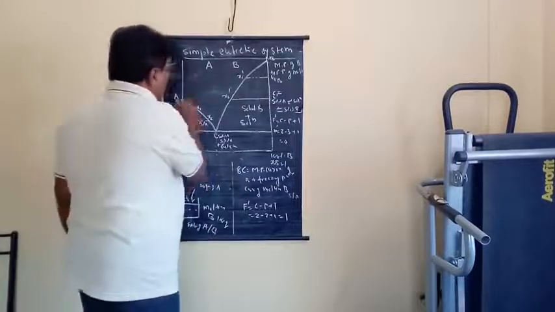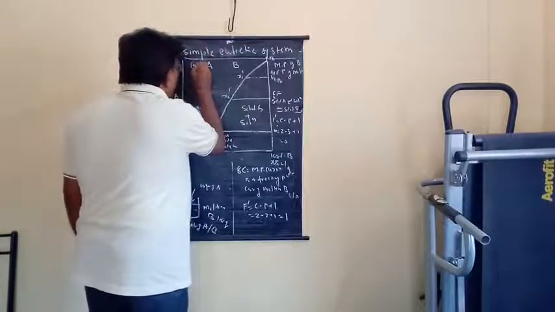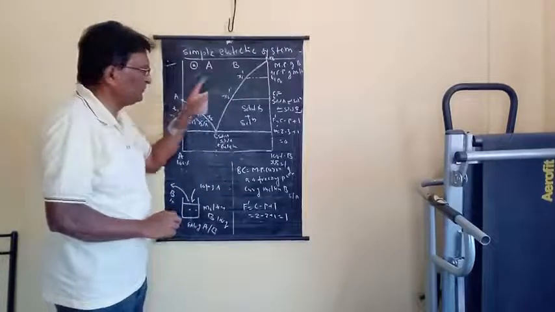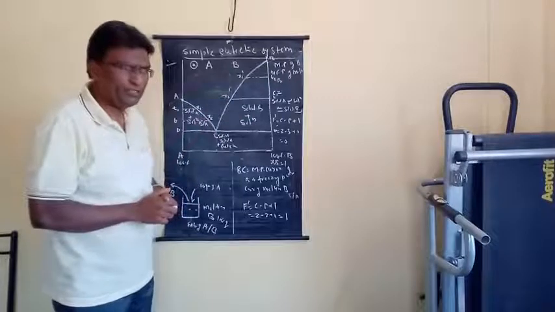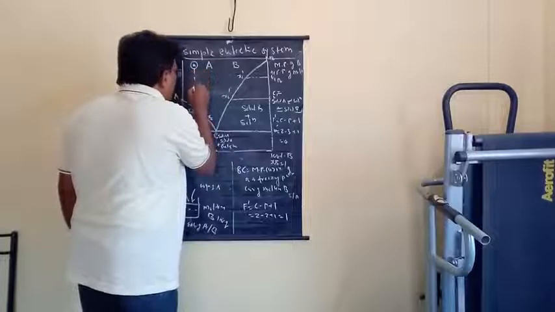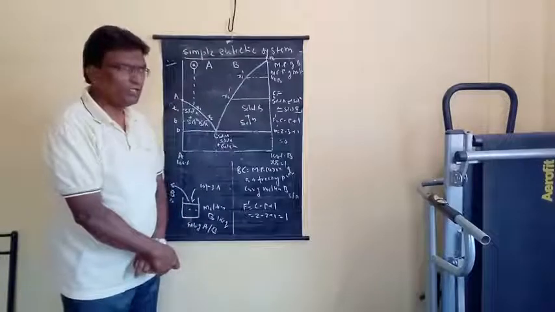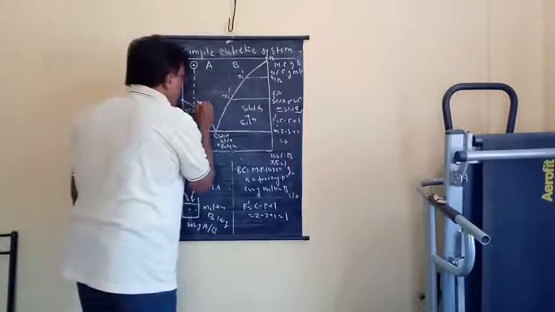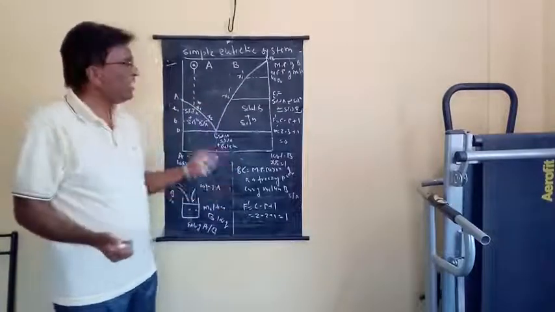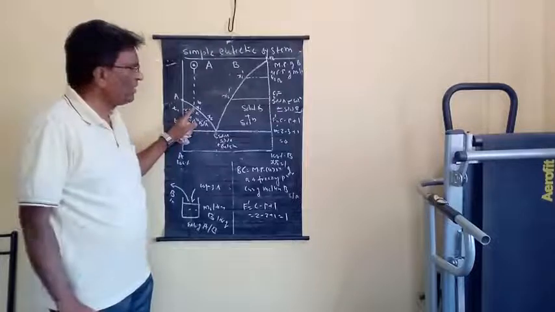Now consider any composition above this curve AC. Suppose this is the composition that has been chosen. This is the molten mass of both A and B. If we cool this composition A, what will happen? The temperature falls without change in composition until point B is reached. As soon as point B is reached, solid A separates out and remains in equilibrium with solution of B in A. And on further